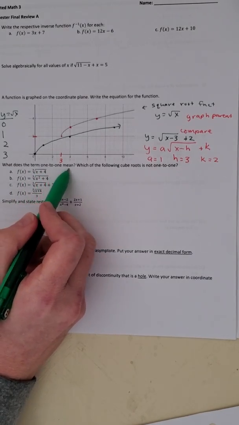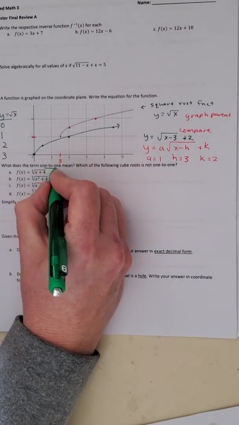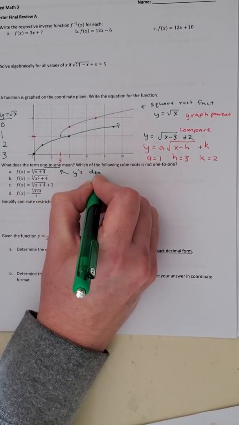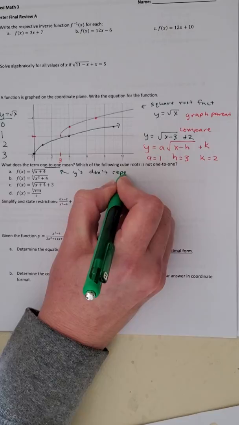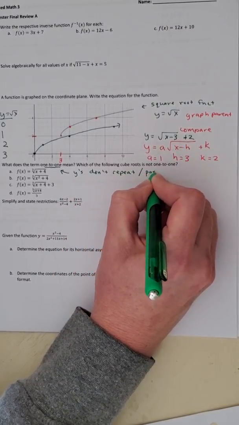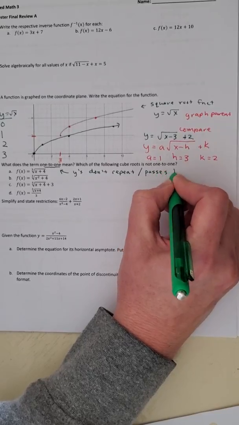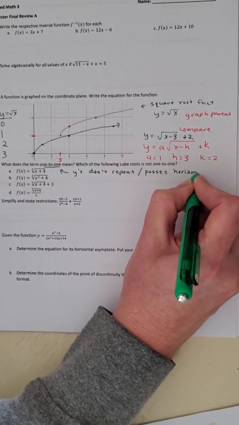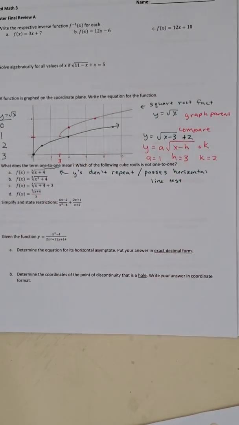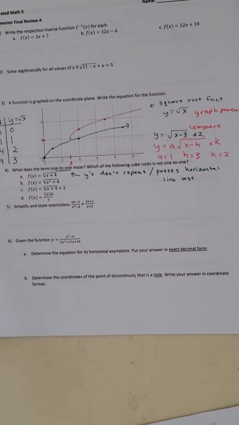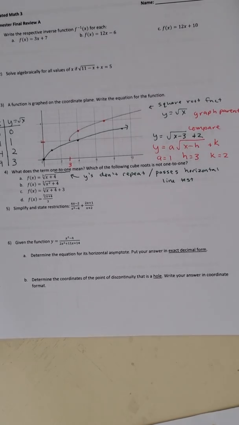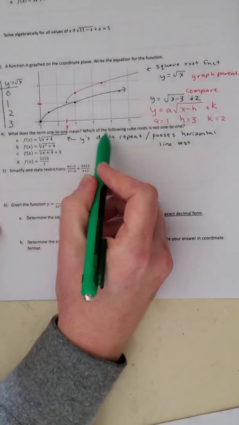Okay, moving on to number 4. What does the term one-to-one mean? Okay, so one-to-one means the y's don't repeat. Also, it will pass the horizontal line test. Okay, so now knowing that one-to-one means that, then the next question asks, which of the following cube roots is